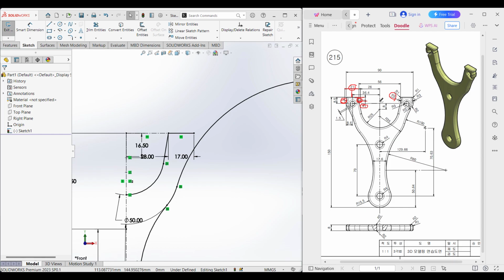Again we can see we have another circular profile here, and this circular profile has the same radius. It has a radius of 3 unit also, and we can see it is along this center line,